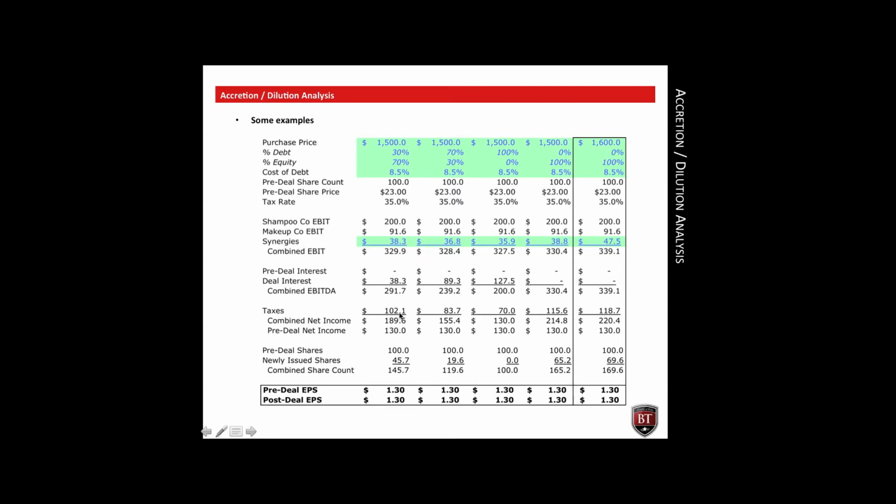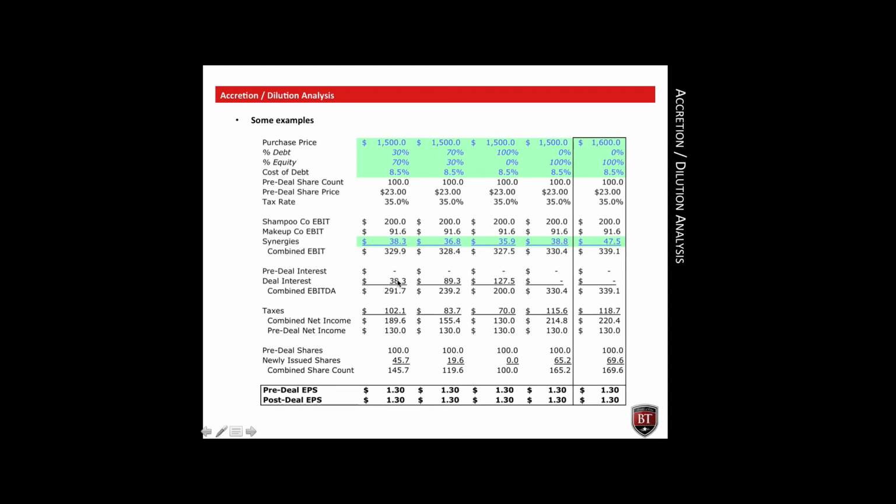If we then back out our taxes, so divide by 1 minus the tax rate, we get a combined EBITDA of 291 million. And we then need to add back, step five, add back the interest expense. Well, again, we know we have a $1.5 billion deal, 30% of which is paid for in debt. So 450 million of debt times 8.5% is